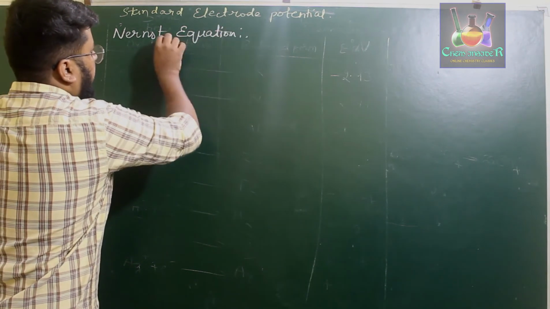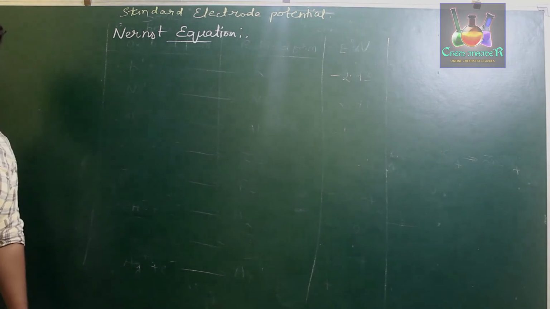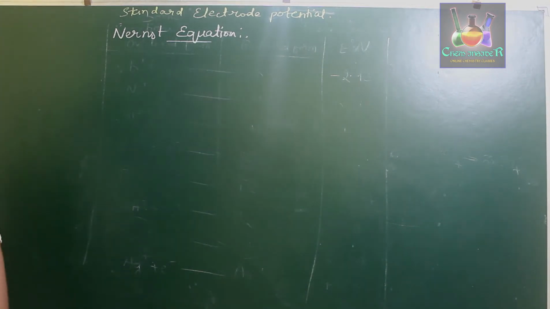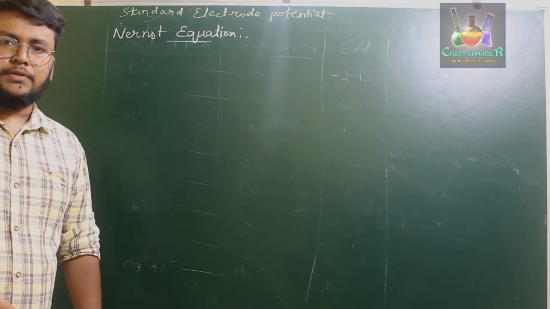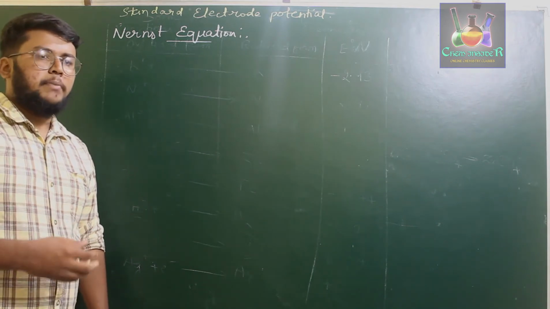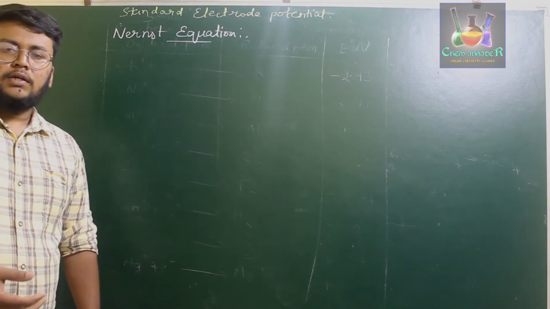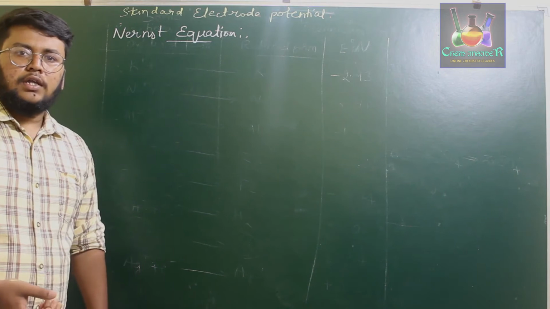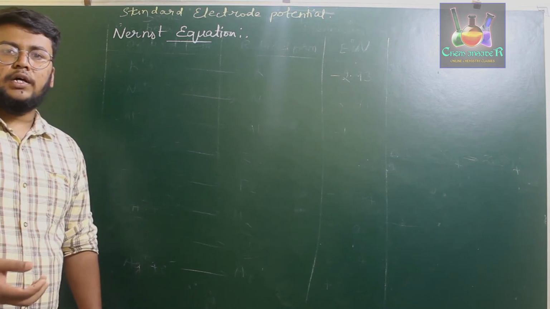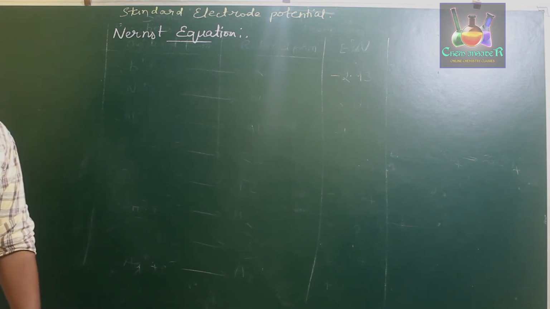If you have to calculate the electrode potential of an atom, element or metal, we can use their respective standard concentration. But if we have a metal and metal ion couple in a different concentration, then we have to use a specific formula in order to determine the respective electrode